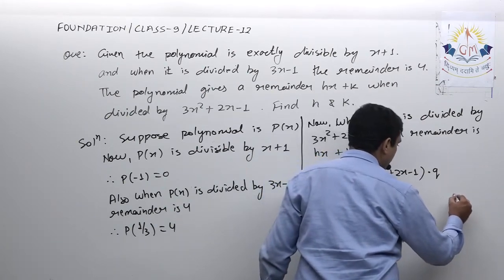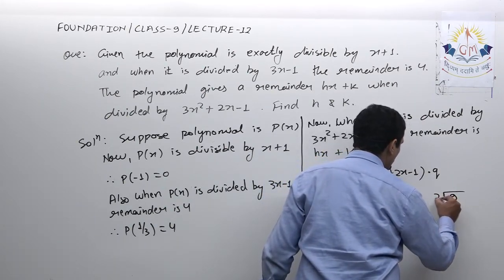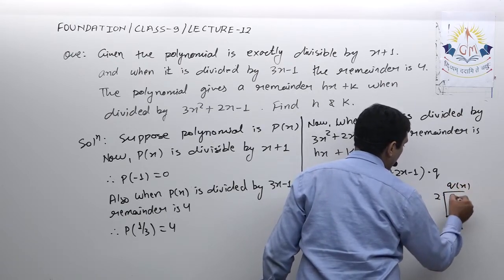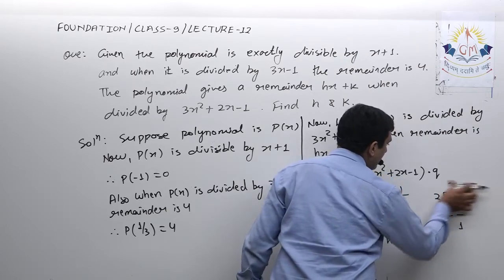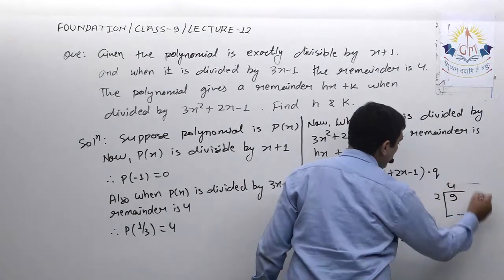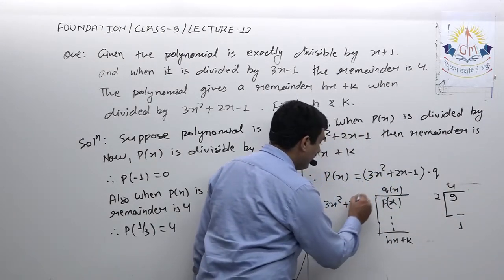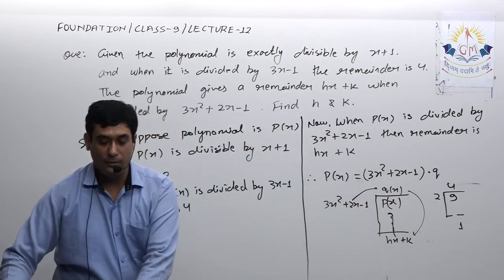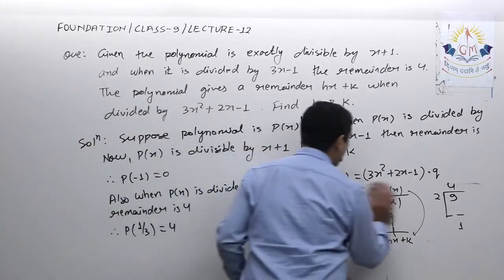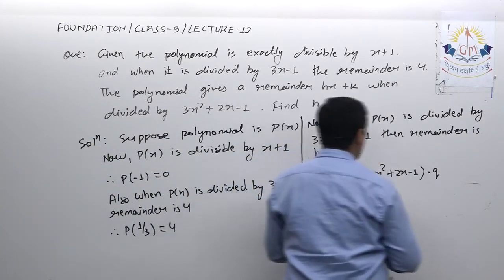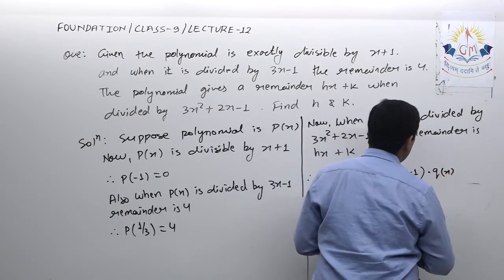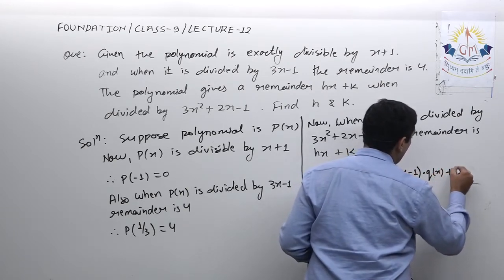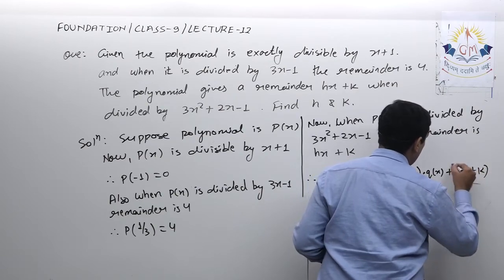You can understand this in that way, that if I divide 9 by 2, so remainder is 1. Here it is something like quotient, actually here it should be 4. So 2 into 4 plus 1 is equal to 9. Similarly, this multiplied with this plus this is equal to this. So that is division algorithm actually. So using that I can write px is equal to 3x square plus 2x minus 1 into qx plus hx plus k, that is the remainder.